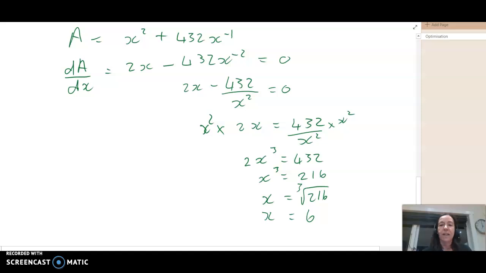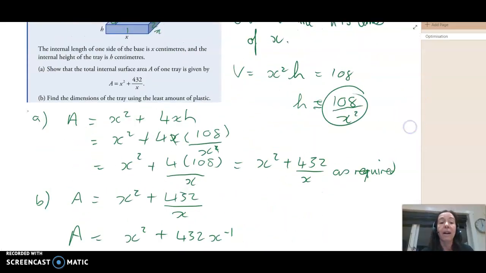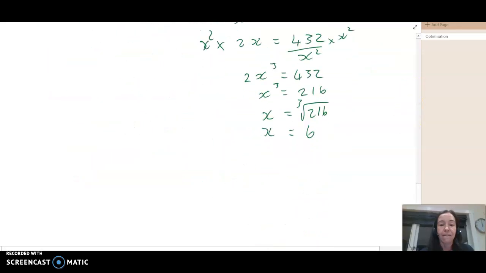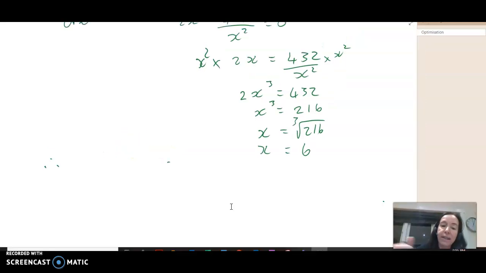So I know when my height is 6, sorry, when the base is 6, therefore when the base is 6,